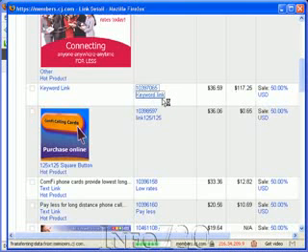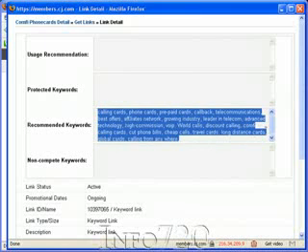Let's go in and take a look, and let's just double check. So here are the recommended keywords. They kind of give you a keyword list already, and based on that list, you can take that list and expand on it. Obviously, that's 1, 2, 3, 4, 5, 1, 2, 3, 4, 5, less than 25 keywords probably, or key phrases